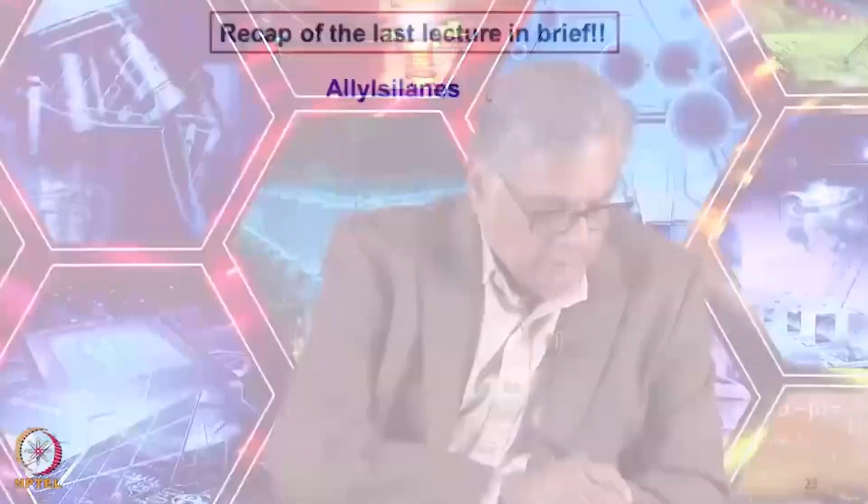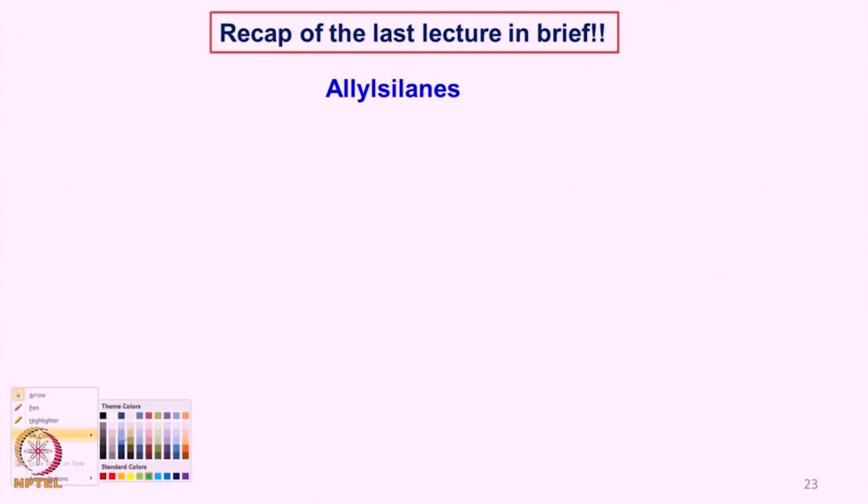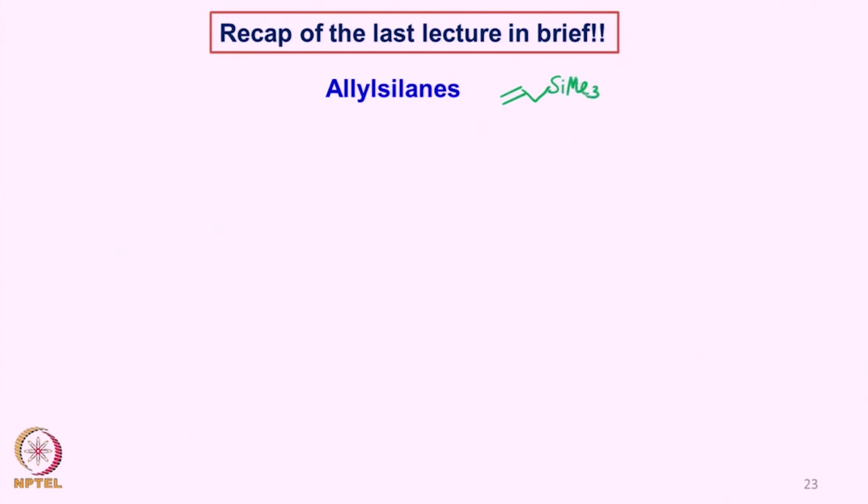I hope you went through the contents of the last lecture. We will briefly look at what we did in the last class. We introduced the reagent which is allylsilane, and of course we discussed that we can generate an anion alpha to the silicon. Whether the substrate is of any kind, you can generate an anion alpha to the silicon. But we gave more emphasis on the fact that we can react the